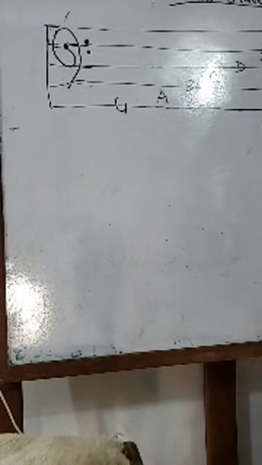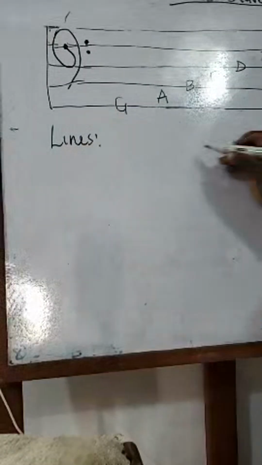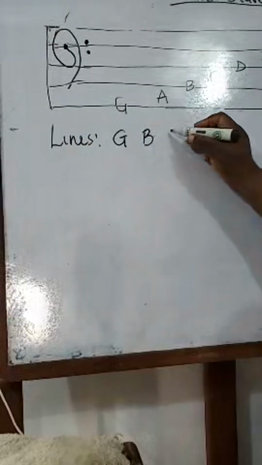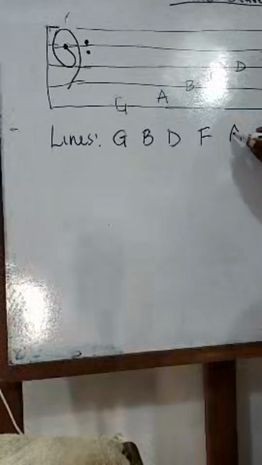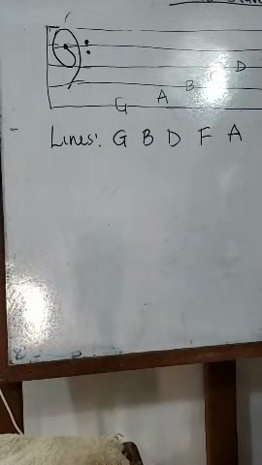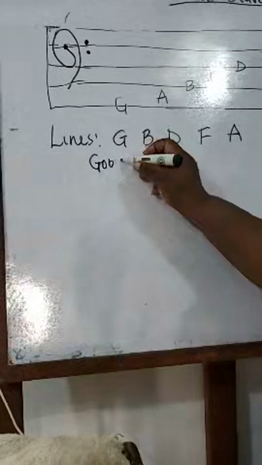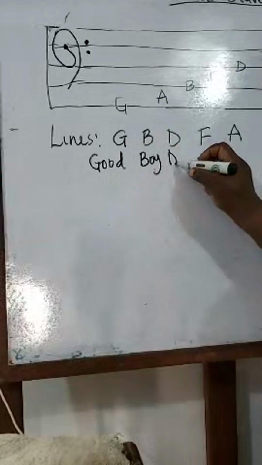Okay, now let's check out the lines. What are the letter names of the lines? Starting from line 1, G, line 2, B, D, F, and A. What is G? Let's look for something. Okay, let's use the first one too. Looking like that. Good boy